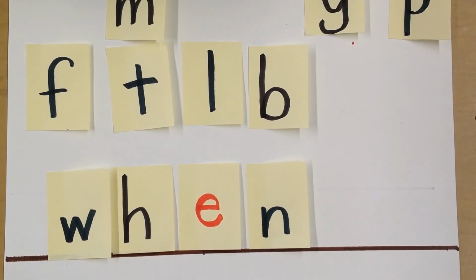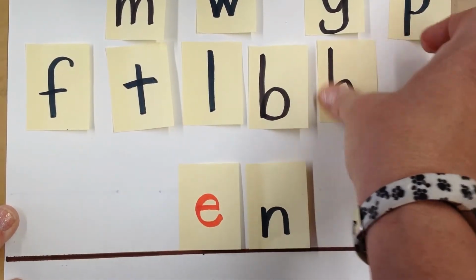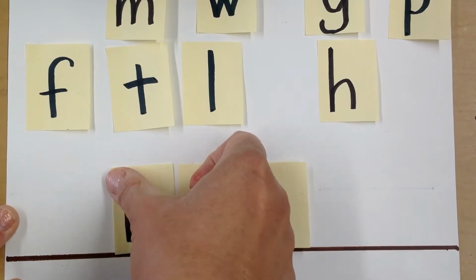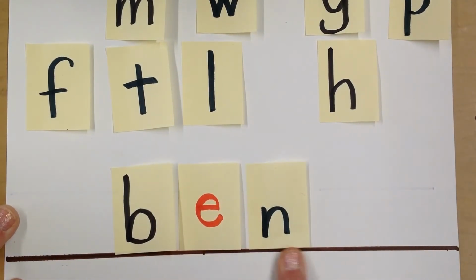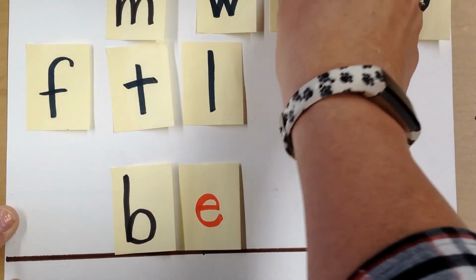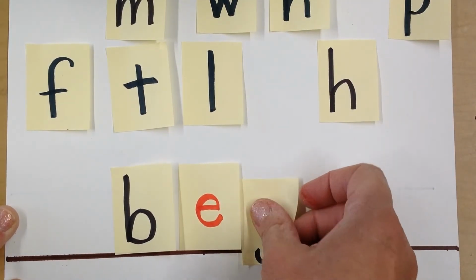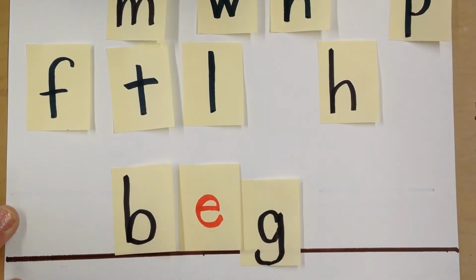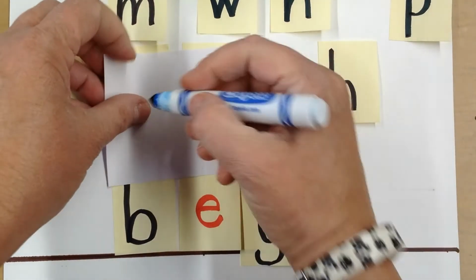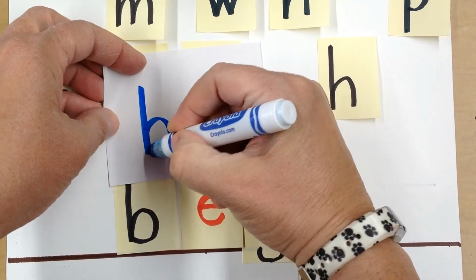It has the same vowel, but the ending will be different, so you need to be careful for that. The word I'd like you to make is the word beg. B-egg. So I hear a B at the beginning, so you're not going to need the W or the H. You're just going to need a B. B-egg. And instead of the N, you will need the G. Beg. So we're going to write that one the same way, a B, and make sure you have that line